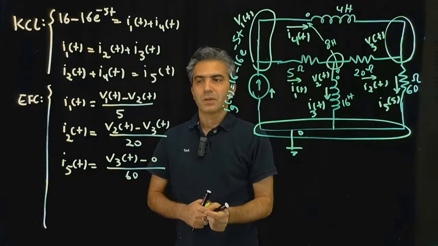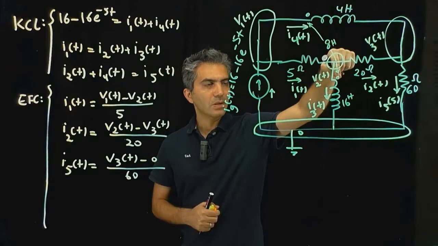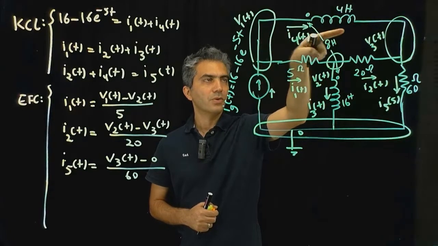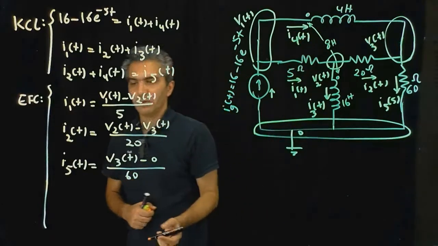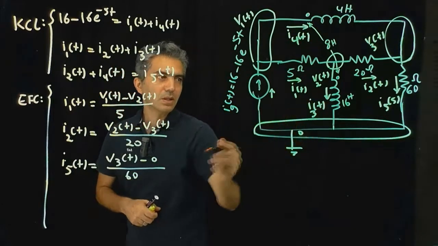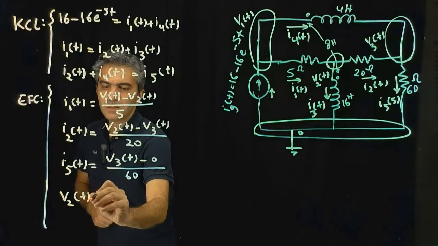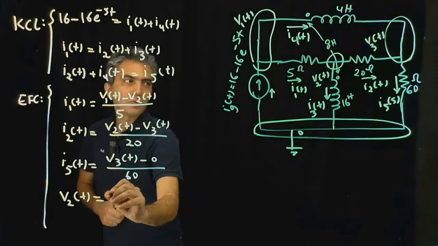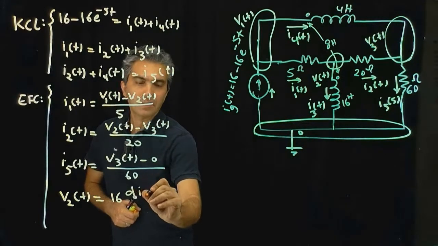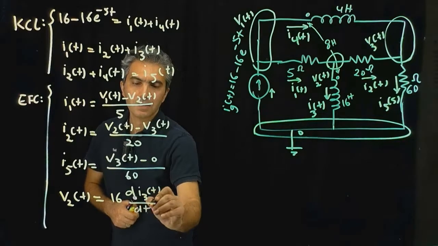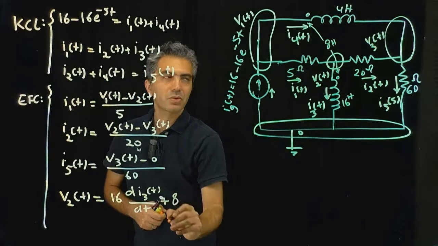Two more components, the two inductors with the mutual inductance. Recall, now see the current here goes into the dot and current there also happens to go into the dot. These are obviously arbitrary. I chose the direction of the current, but now I'm going to follow the convention that we mentioned. So we said with that, for this inductor, V2(t) minus 0 at the other end is equal to L, which is 16, di3(t)/dt, now plus, because the currents are both going into the dot, 8 Henry, which is the mutual inductance,